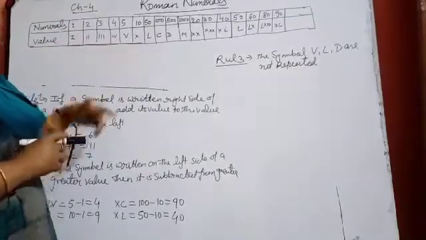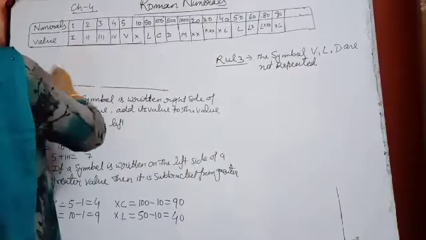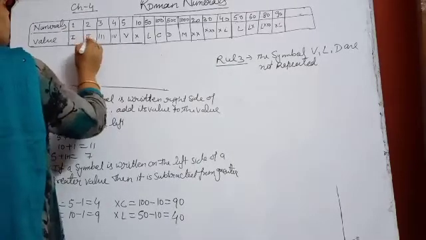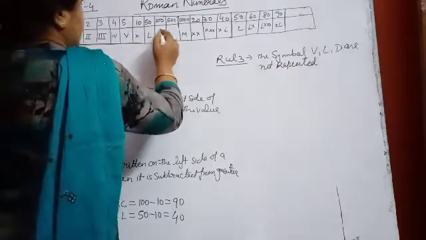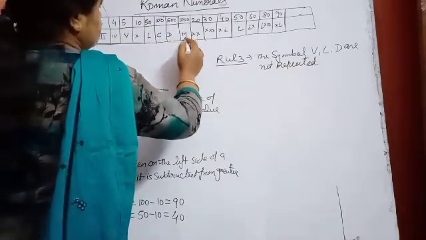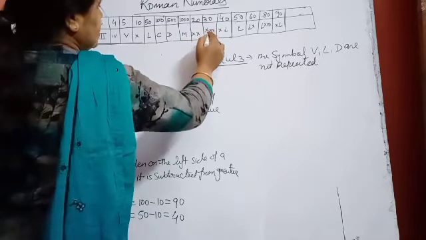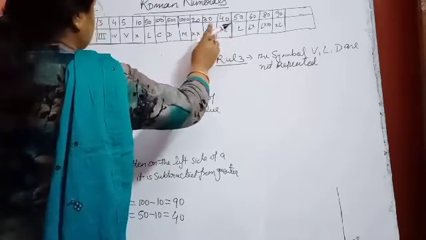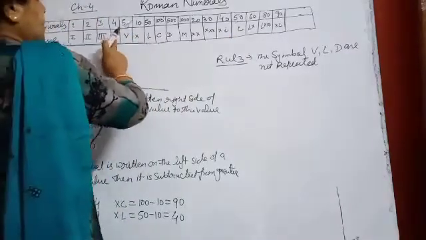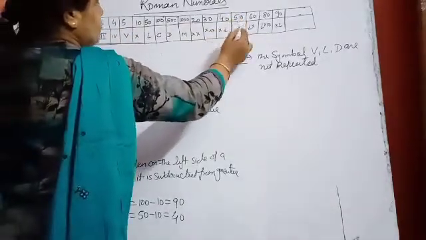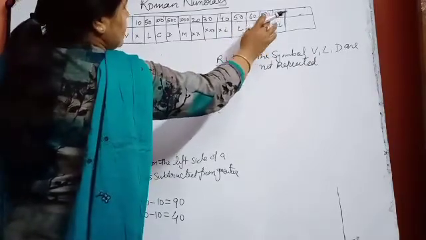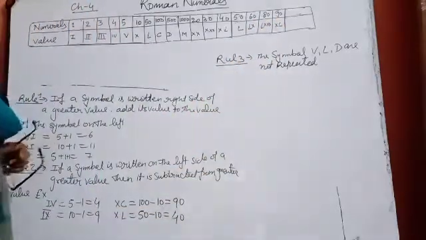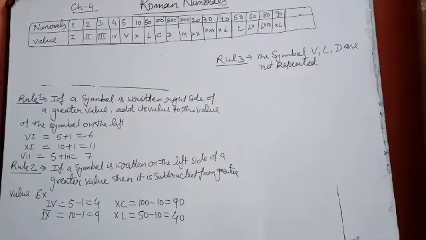I have written them below. 1 is simple I, 2 is two times I. In this way we are using, everybody knows. For 10 we are using X, 50 L, 100 C, 500 D, 1000 M, 20 double X, 30 triple X, 40 again in the form of 50 minus 10. Then 50 plus 10, 50 plus, then directly I have written 80. In this way we can write 70 also, or for 90, as we are nearer to 100, at that time we are using XC.